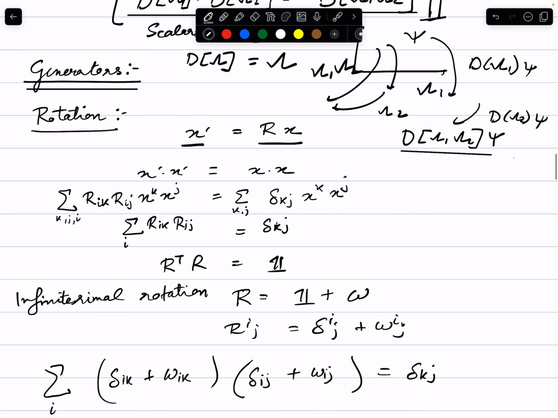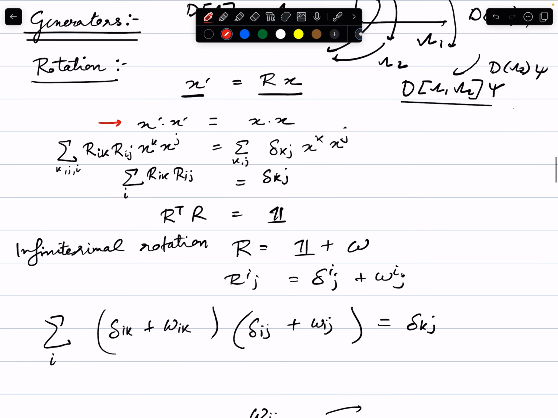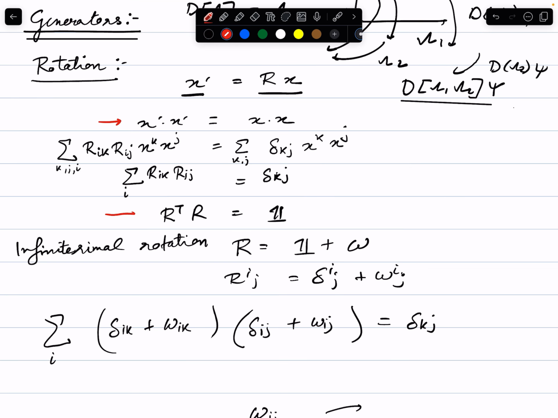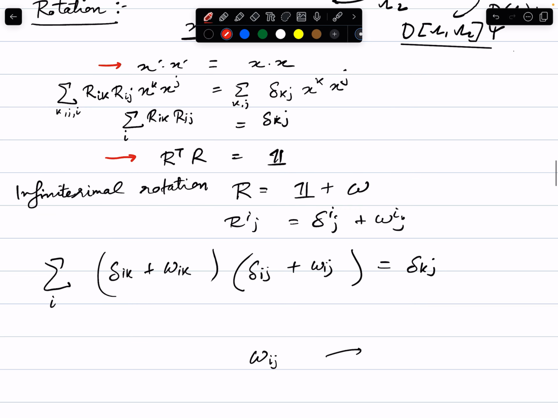Then we know that rotations keep the distance invariant. If I rotate, the distance between two points doesn't change. And from there you can derive the relation R transpose R is identity, where R is the rotation matrix. Now if I consider an infinitesimal rotation, a very small rotation, then R is identity plus some small matrix omega,